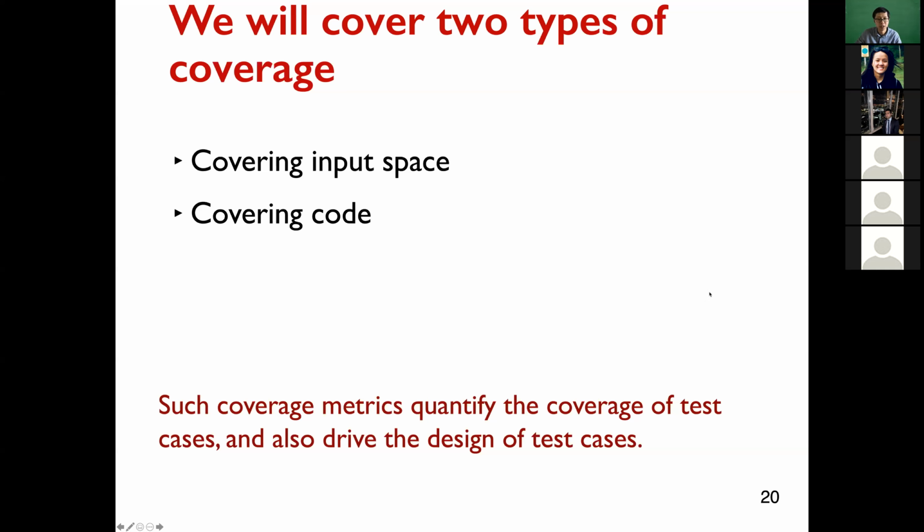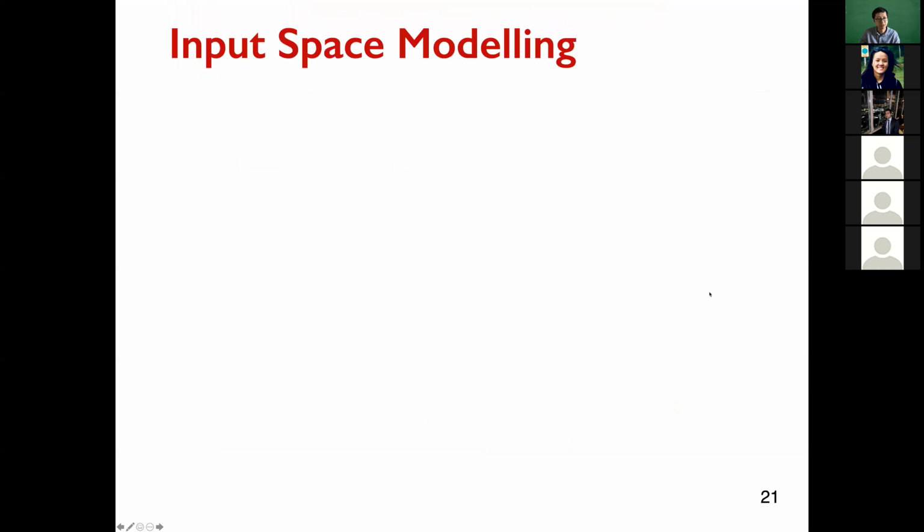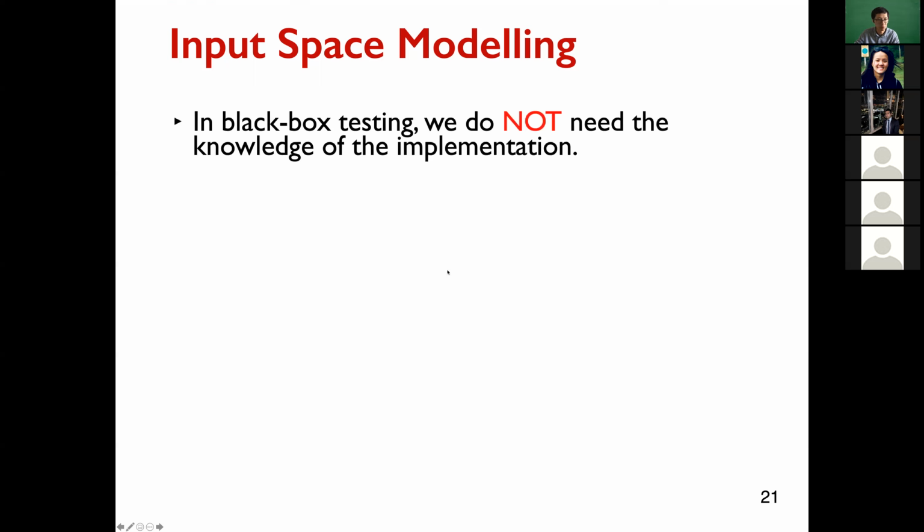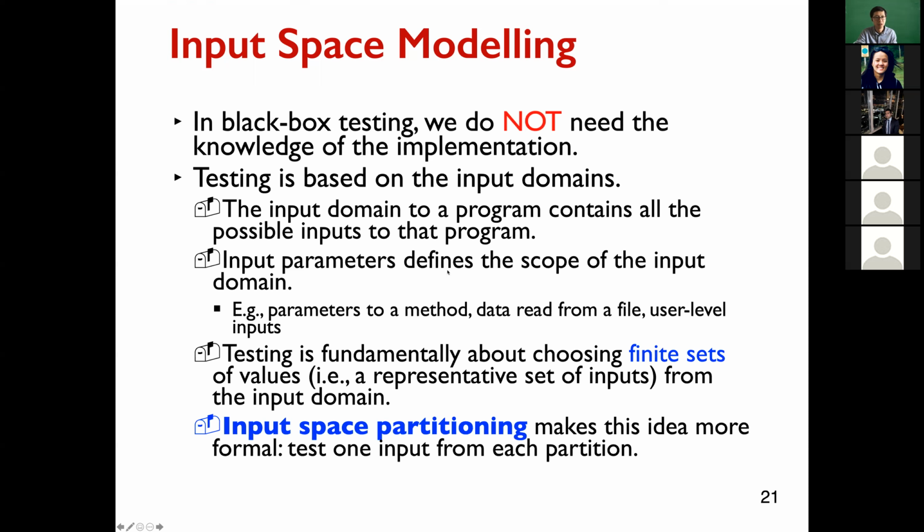First, let's talk about how to cover input space, right? Specifically, we use an input space modeling approach. So in this input space modeling approach, it is usually suitable for black box testing, because we test input space. We don't care about the internal mechanisms of the code. In black box testing, we don't need knowledge of the implementation, right? So testing is based on input domains,